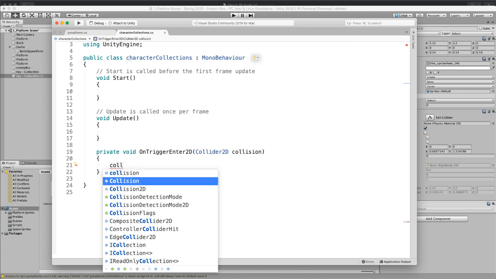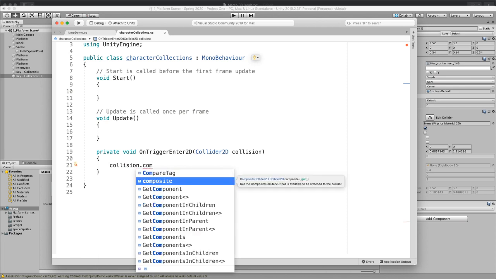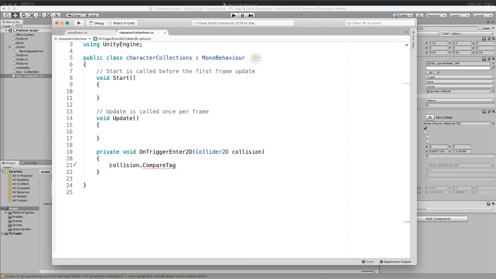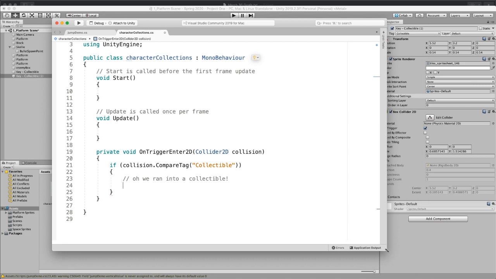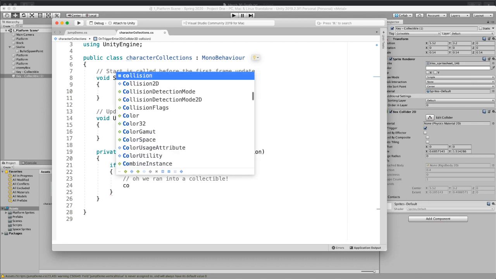We're going to say collision.CompareTag, and if that tag belongs to the capital C Collectible tag, then we ran into a collectible. If that's the case, we can tell it to do a couple of things. We said that we want to make it look like we're collecting it, and maybe we want to have that collectible